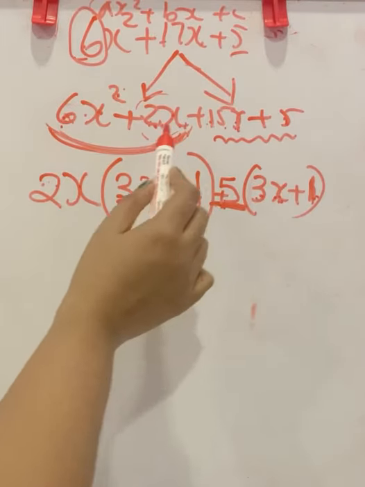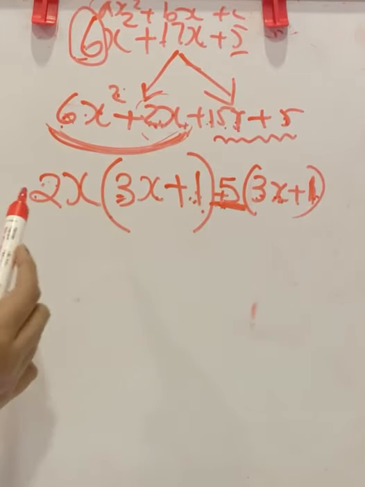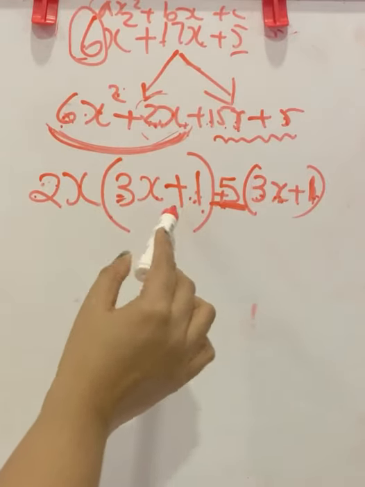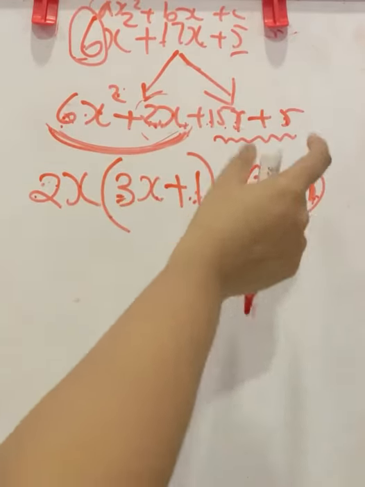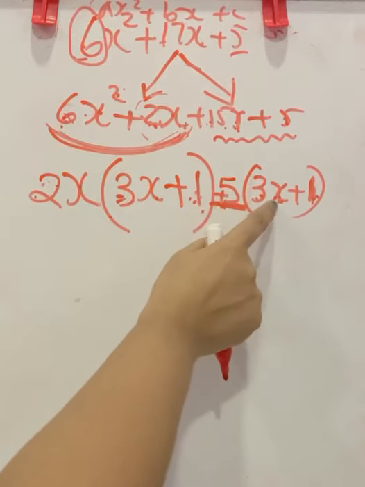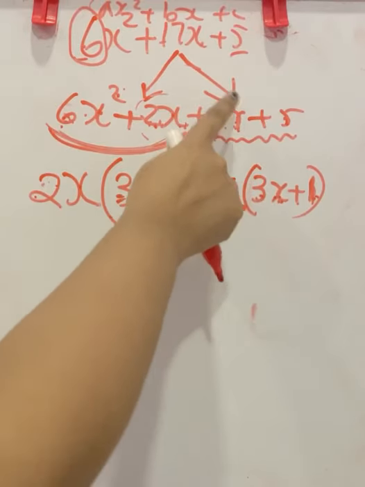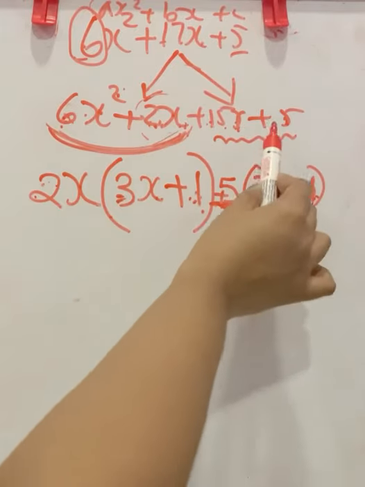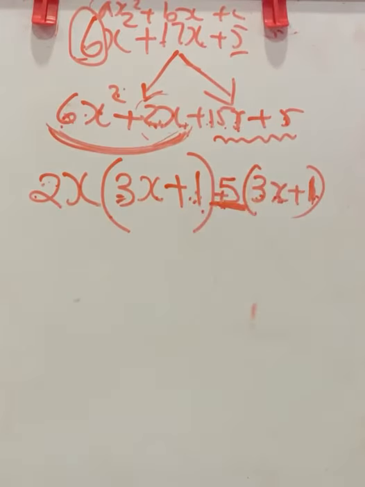So from these two terms, we write 2x as common and take it outside. Inside the bracket, we have a value here. We repeat it here. Then check what is the number multiplied to this first term to get this term, and it was plus 5. We checked it with the last term also, and it was also satisfying.